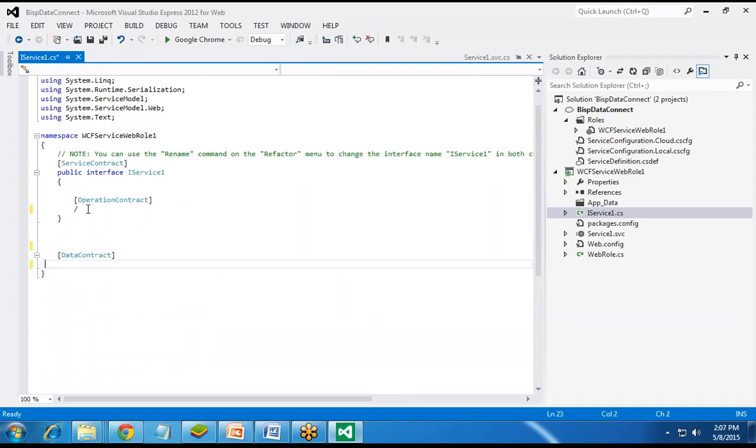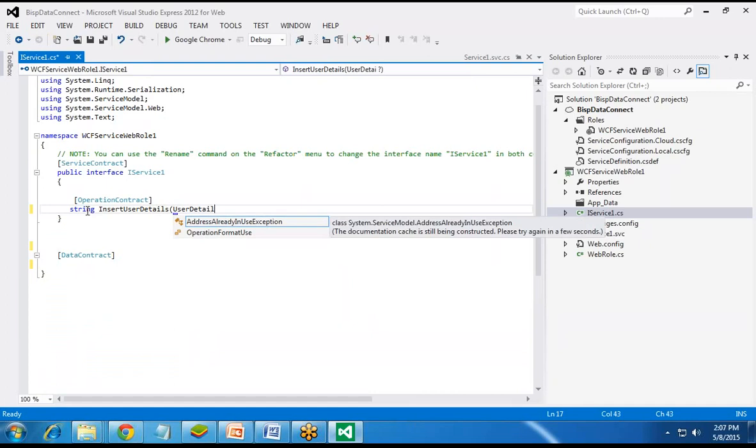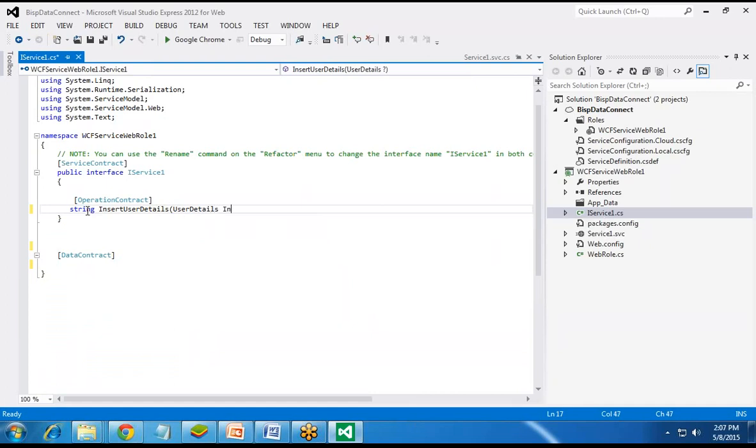I delete it, and first of all I create a function here: public string InsertUserDetails with UserDetails info. This UserDetails will be a class, because as you can see, it shows an error message that the UserDetails type or namespace does not exist.